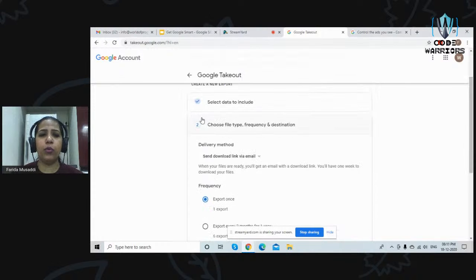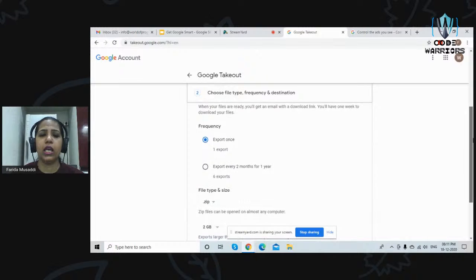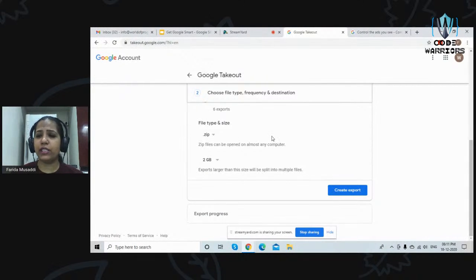So number one, when you choose your file type, how frequently do you want to download your data? Only once or every 2 months for 1 year? That means totally there will be 6 exports within the year. Every 2 months it will download your data. Now, what type of file do you want?